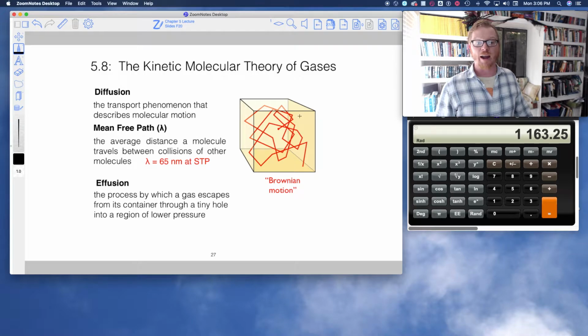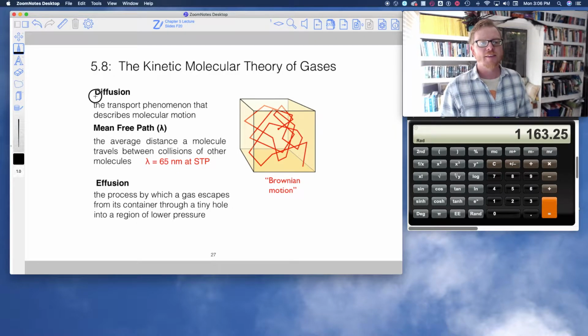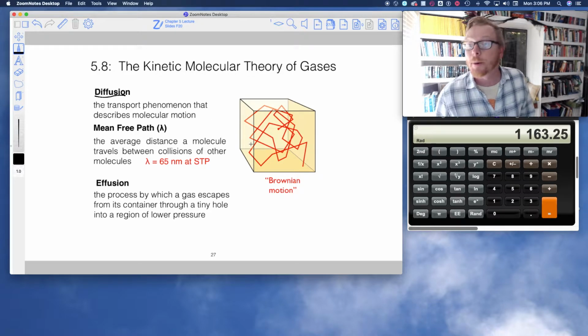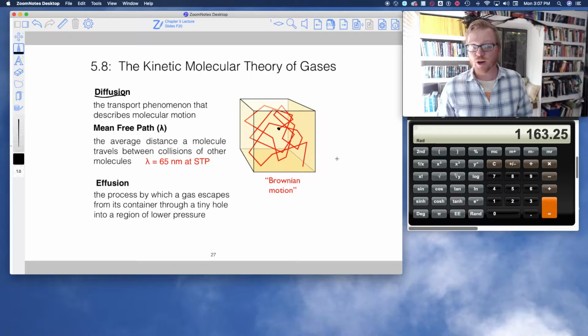I'm going to move along and kind of summarize everything that I just said. This property that I've been talking about, gases moving around in this chaotic way, is called diffusion. It's the transport phenomenon that describes molecular motion. And if we could track a single gas particle moving around through air, its motion would look something like